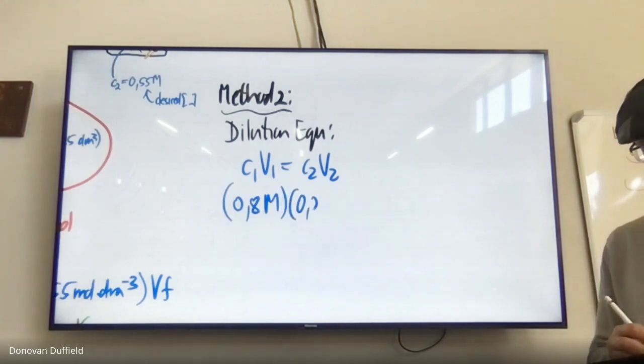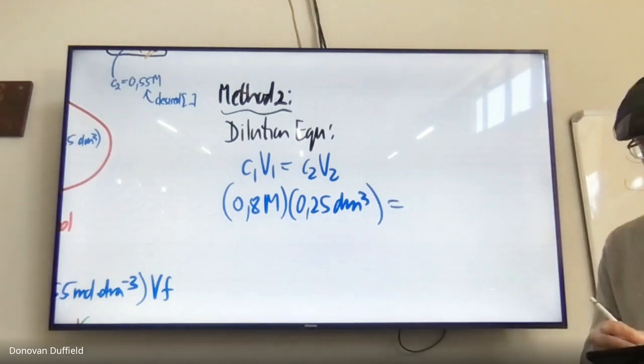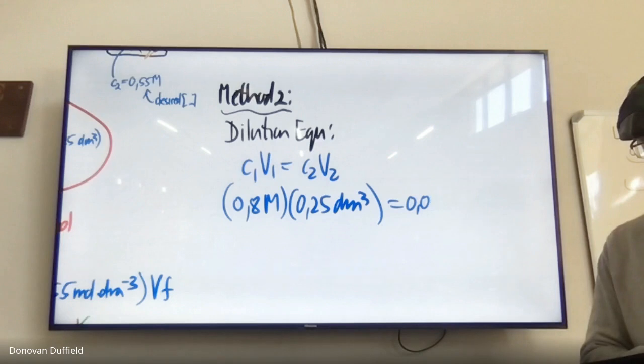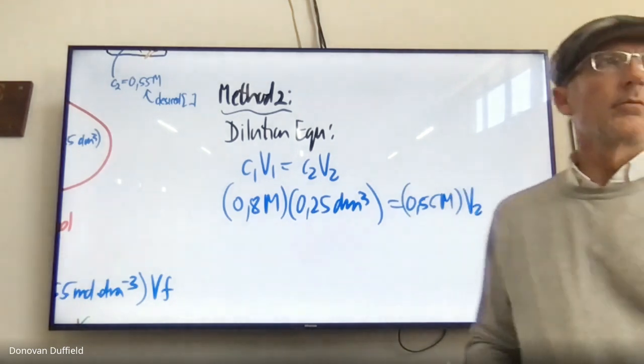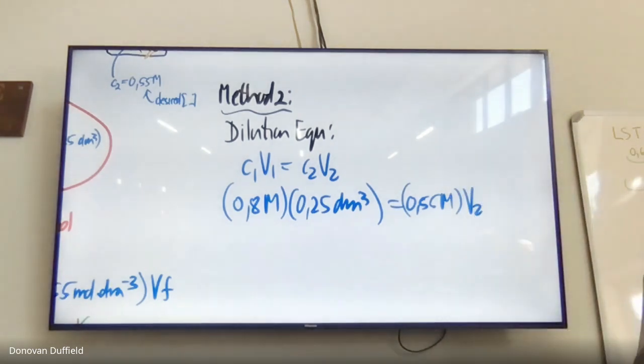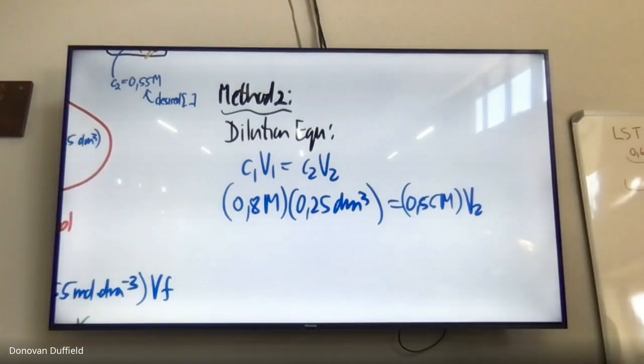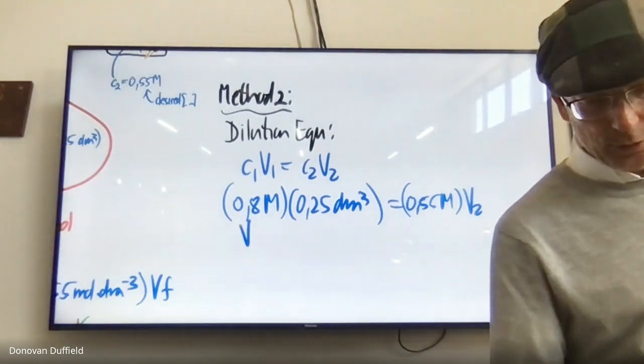V1 was 0.25. C2 is 0.55. V2, do one calculation. So it's 0.8 times 0.25 divided by 0.55, and that gives us that V2 is